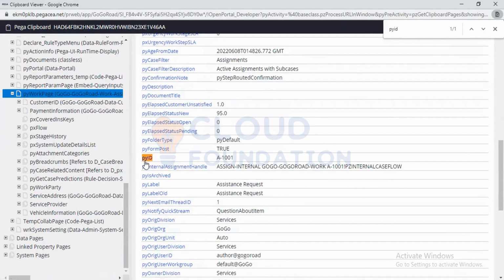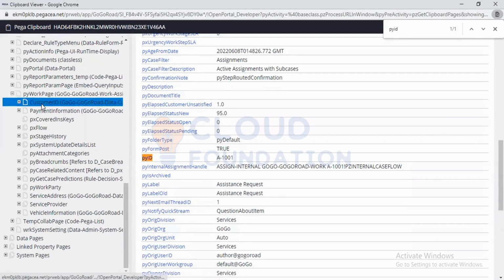PY in the sense you can modify the case ID as you want. It must be a unique value, but you can modify it. PEGA has given you the privilege to modify the data. And if you click on customer ID,